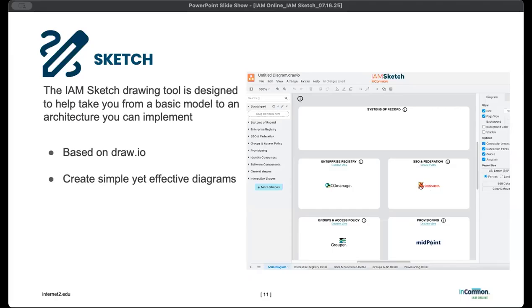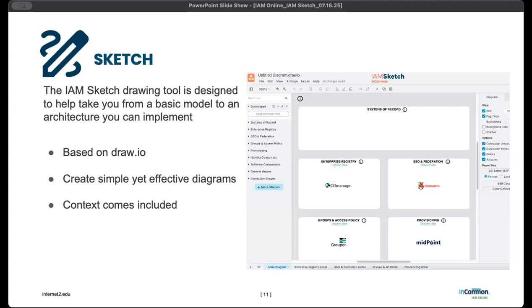This helps to augment that by adding that visual component, something that is visual as well as being interactive, and you can actually see and poke at the components of your IAM system. And seeing and poking at it, that's the context. The context comes included. As you'll see in the demo here in just a little bit, the IAM Sketch tool